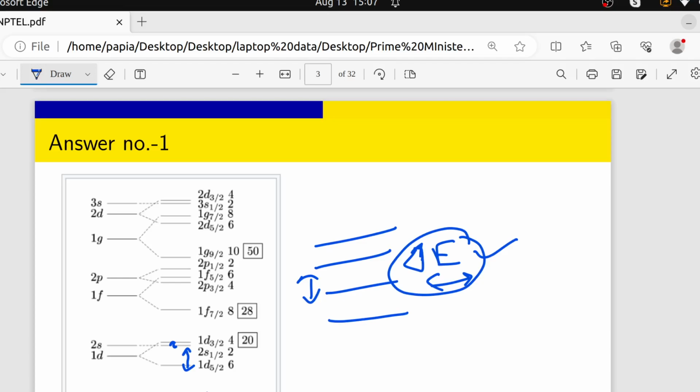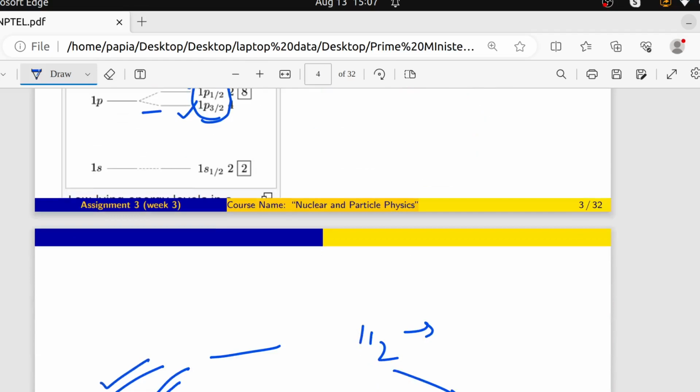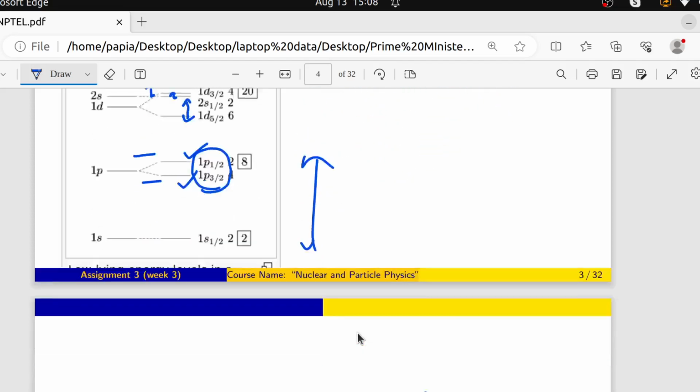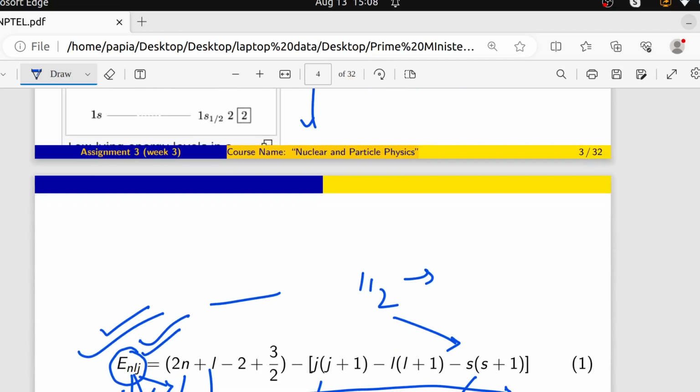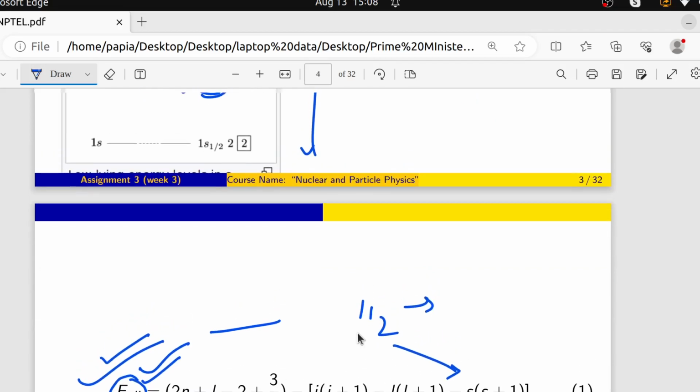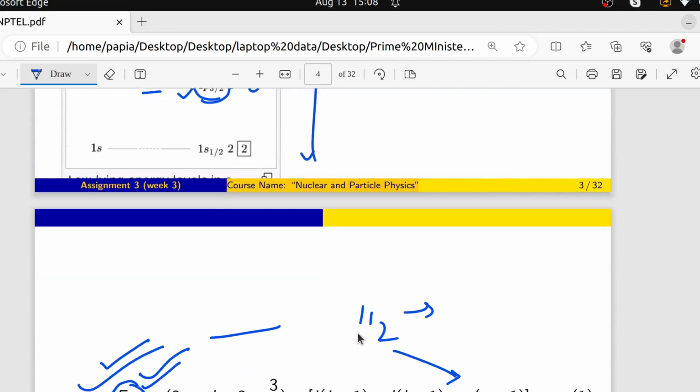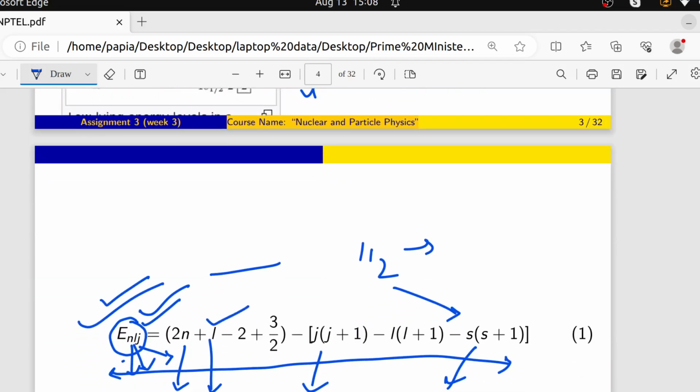And how do 1d 5/2 and 2s 1/2 have that much energy gap, but between 2s 1/2 and 1d 3/2 there is a very small energy gap? For all these questions, we just need to write this expression. With that expression, we can find that indeed that type of energy level should be there in our calculation. Let's calculate at least one, say 2p 3/2. I just want to show you that 2p 3/2 and 2p 1/2 have a little difference, and how this difference comes. If I put all the values here, then we can find the differences.